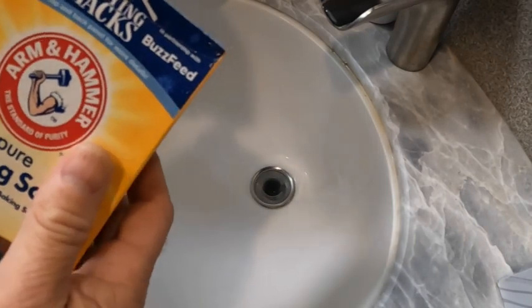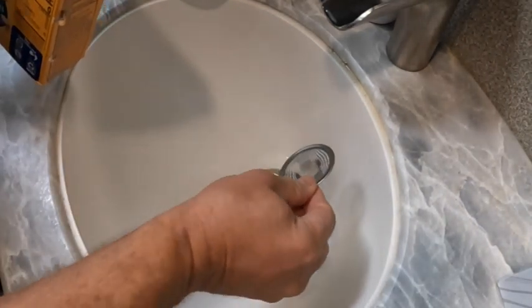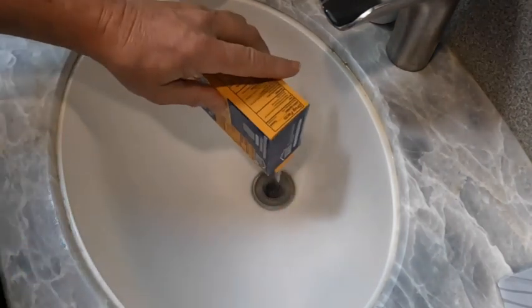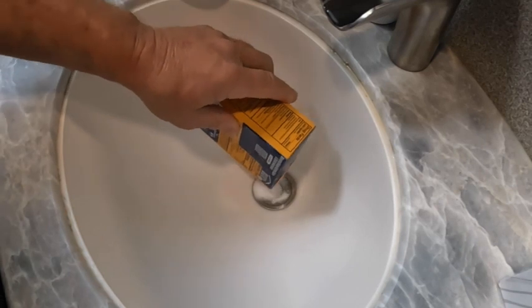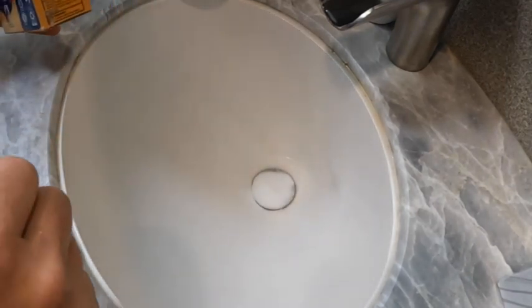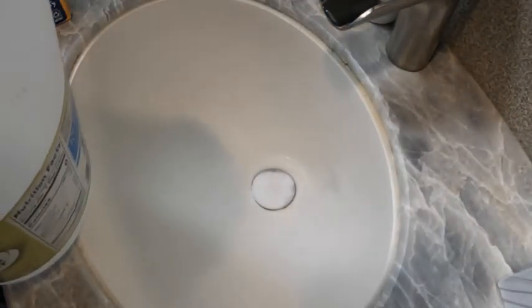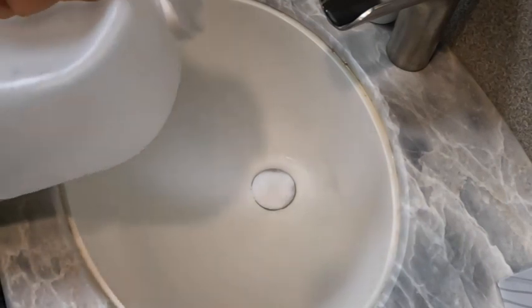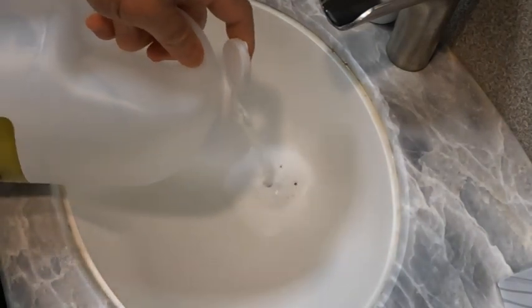Now I don't use measuring cups. As you can see, I have that strainer here, so I'm going to keep that strainer there, and I'm just going to pour just enough. It'll be like that. Again, I don't use measuring cups, and you may want to do this a couple of times, and then just go ahead and pour your vinegar,